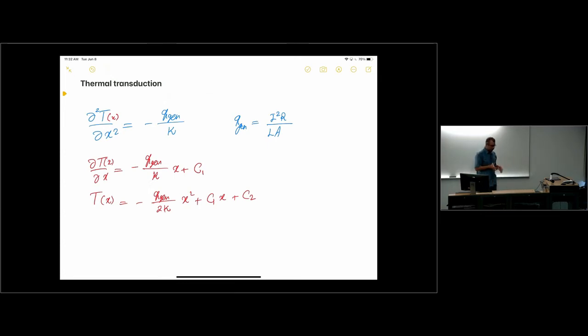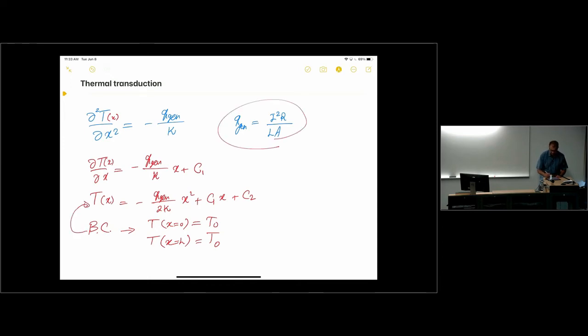Boundary conditions: the assumption here is that the two ends of the beam are held at constant temperature. Basically, the substrate is so large that its temperature does not change with heating up of this beam. The substrate temperature stays the same. So the boundary conditions that I have are that T at X equals 0 is, let's just say, T naught, and T at X equals L, the end of the beam, is also T naught, right? So the only changes are along the length of that beam. So if you go and plug in those values into the equation that I have here and use this expression for Q gen,